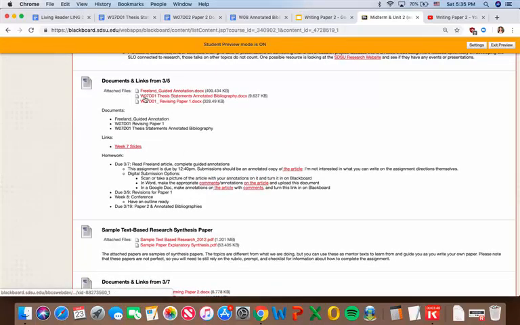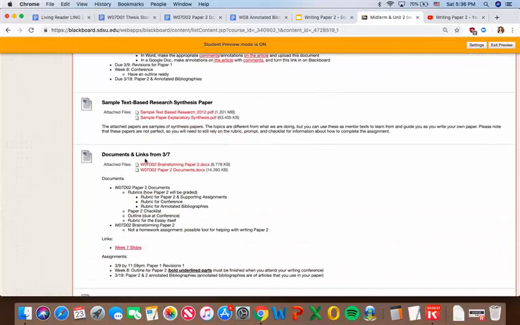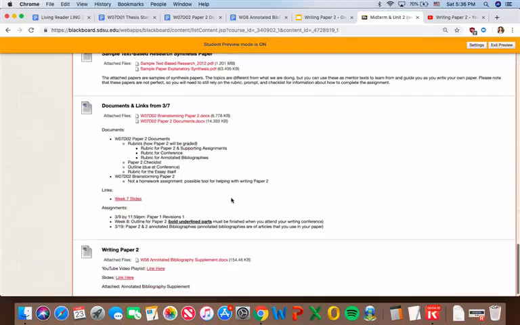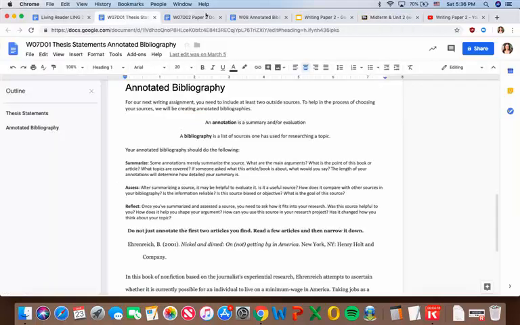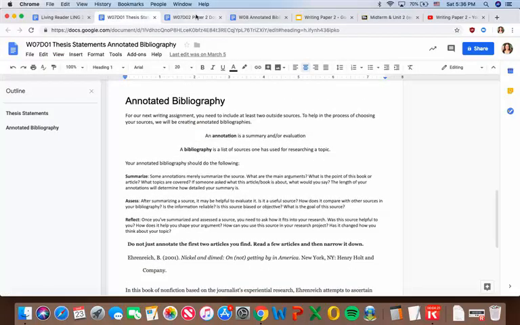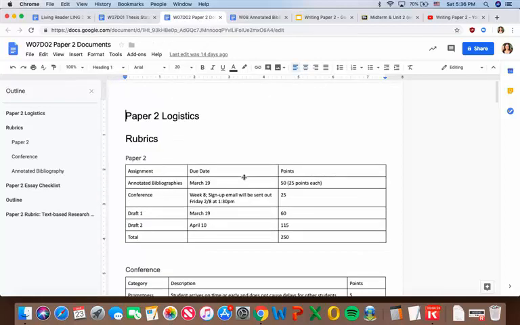So here, this paper right here, you can download this Word document and you'll have access to the thesis statements annotated bibliography. And then on March 7th, you have this paper 2 document. That's going to be that whole chunk of a lot of documents that I just decided to put into one, to make it one document since I was passing out several papers that day. So you have those right there. And then also you can scroll down and here's the annotated bibliography supplement. I have those open right here so we can look through them, and we'll be referring to them throughout